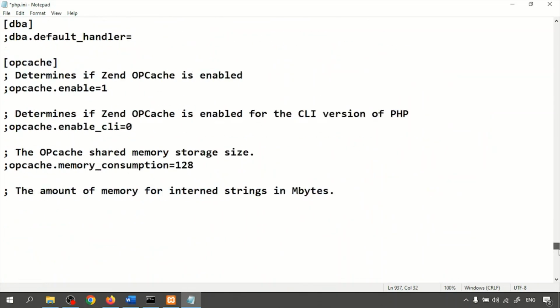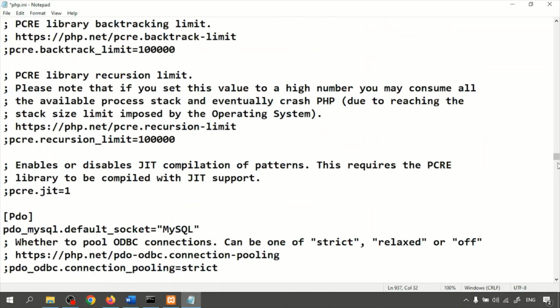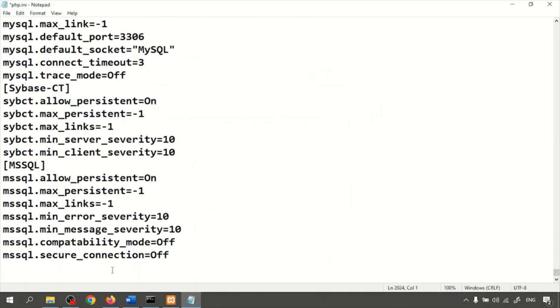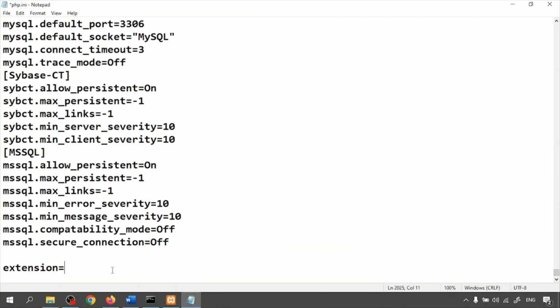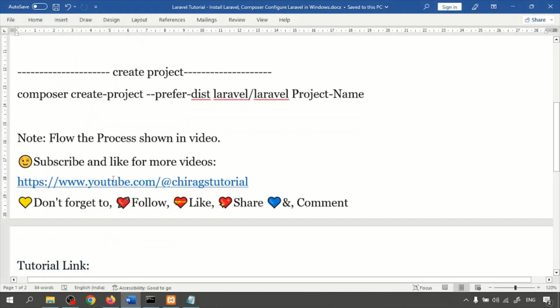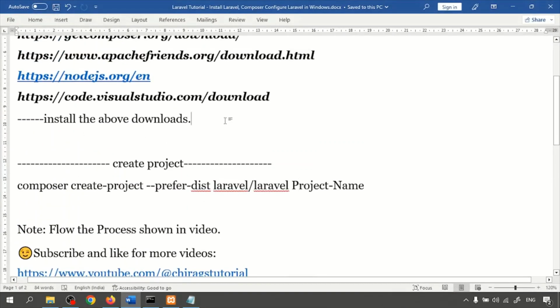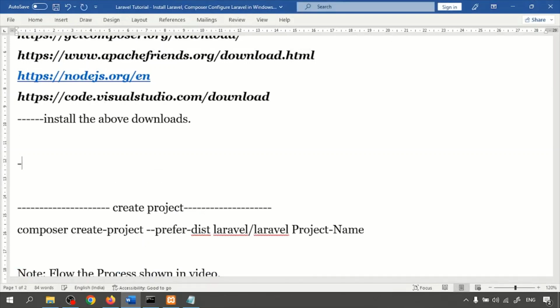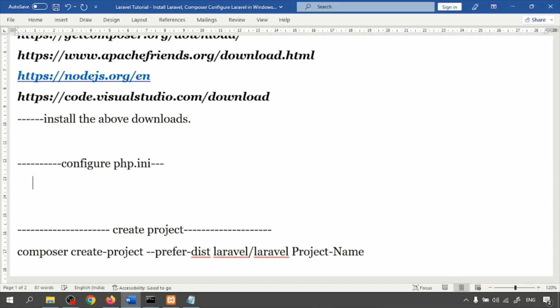Last, I'm going to add one extension, php underscore zip.dll. So these two you have to do it. I'm just writing the code. Here I'm writing, configure the php.ini file, add